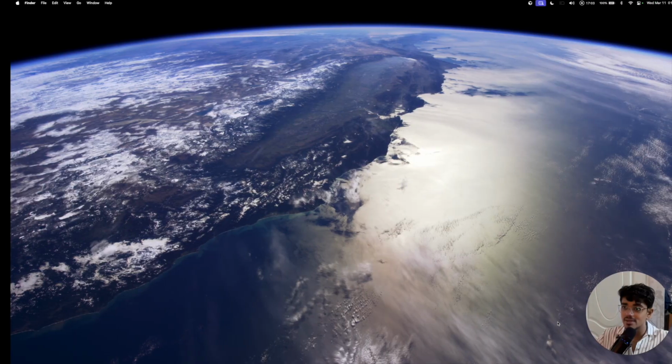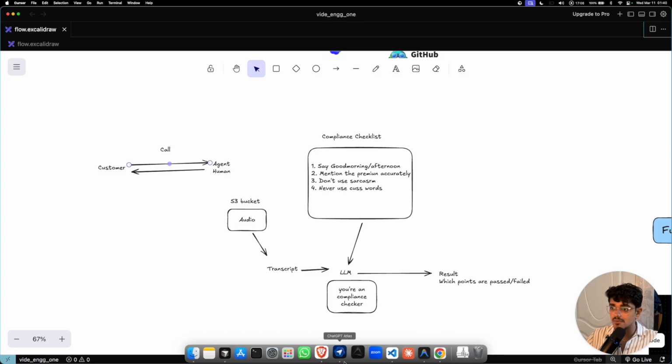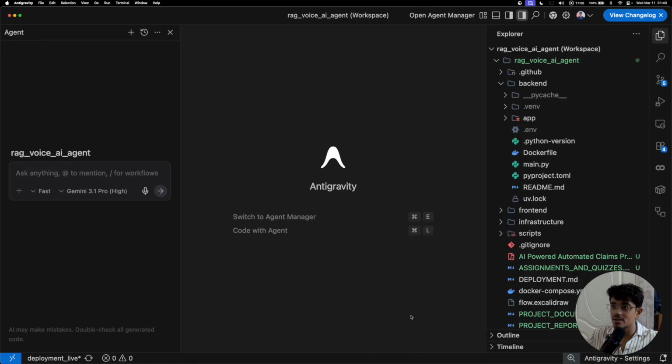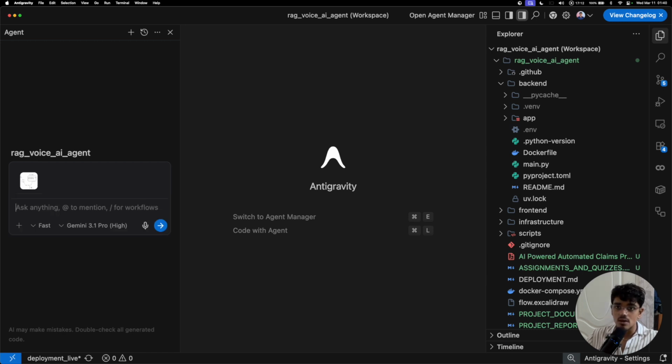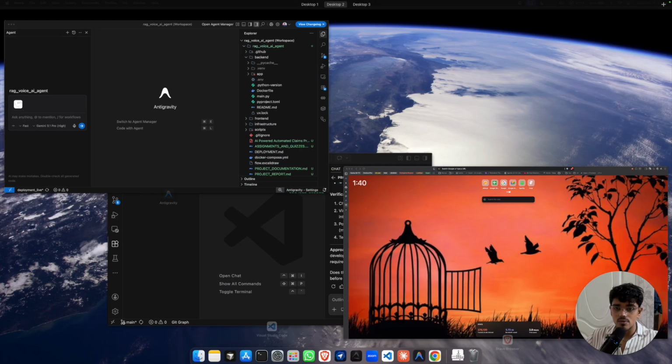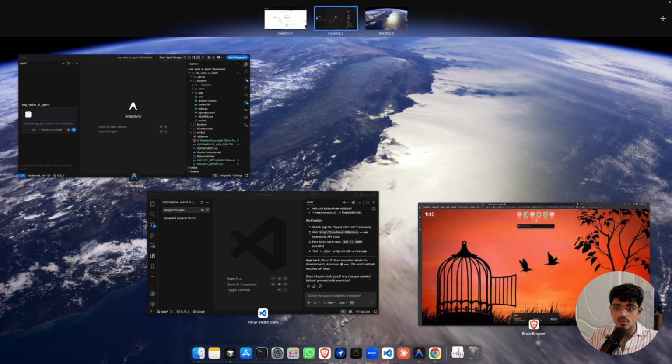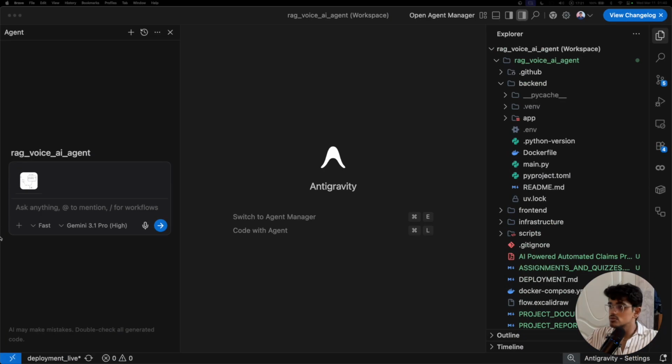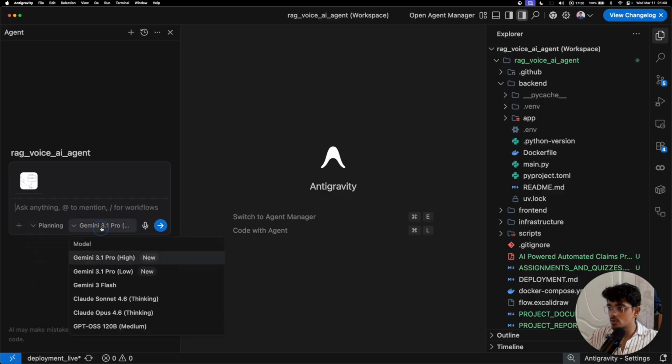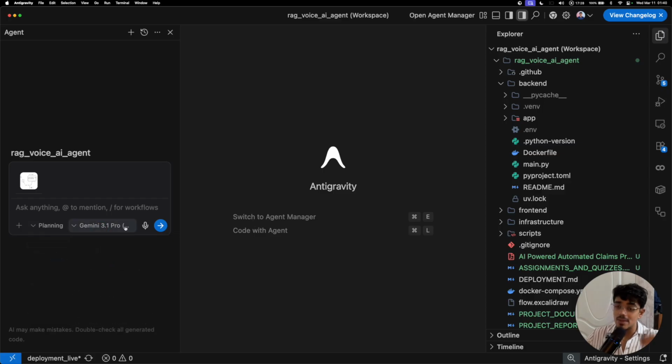I will copy this screenshot and go to Anti-Gravity. Here I have Anti-Gravity. Now, wait a minute. After that I will prompt here, and I will keep it in planning mode. Then I will use the highest LLM because we are planning right now. I am going to explain in my words, hey, I want